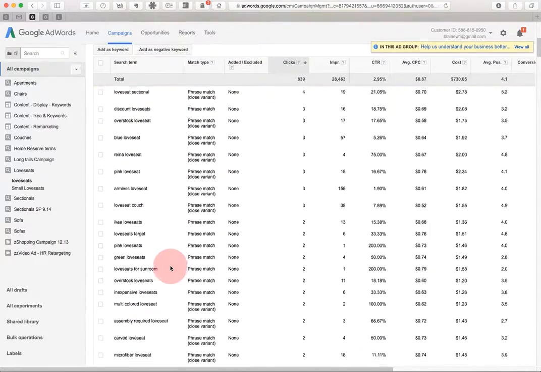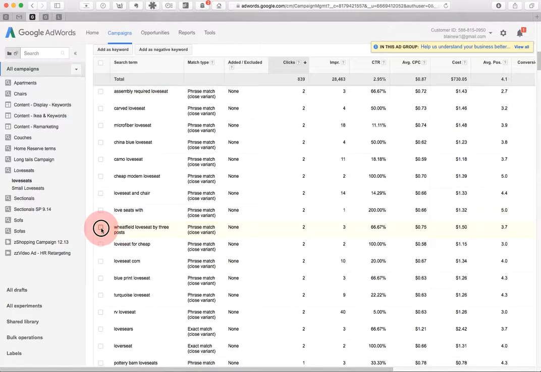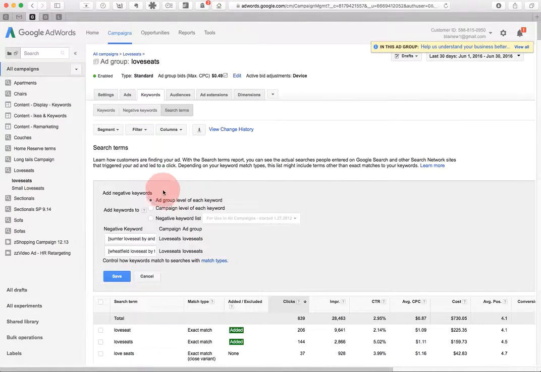Like here, you can see there's just hundreds of them. That gets kind of a little complicated going through here. Say add as negative, and now I've got to clean these things up. If I only want the wheat field negative, then I've got to delete that, and then delete the rest of this. And again, I showed you on the Sumter one, get rid of the rest of this in here, and then click the save, and they'd be added to